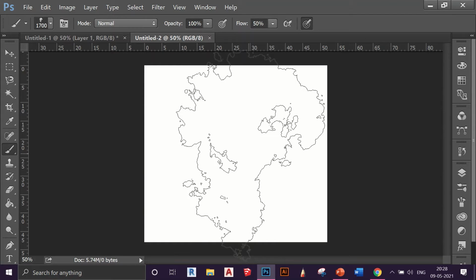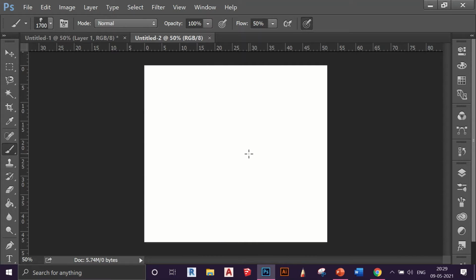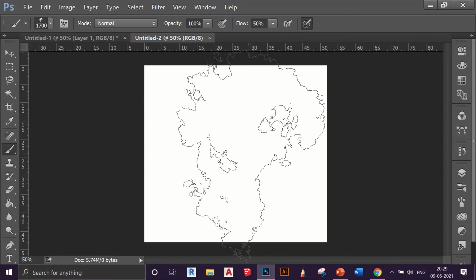So actually there is a very common question: why I cannot see the size of my brush. Whenever you are working with the brush tool, you should always keep in mind to keep your caps lock off, because whenever your caps lock is on, your brush tone is not visible. So you don't want that. You should always keep your caps lock off, and that is how your brush size is going to be visible.